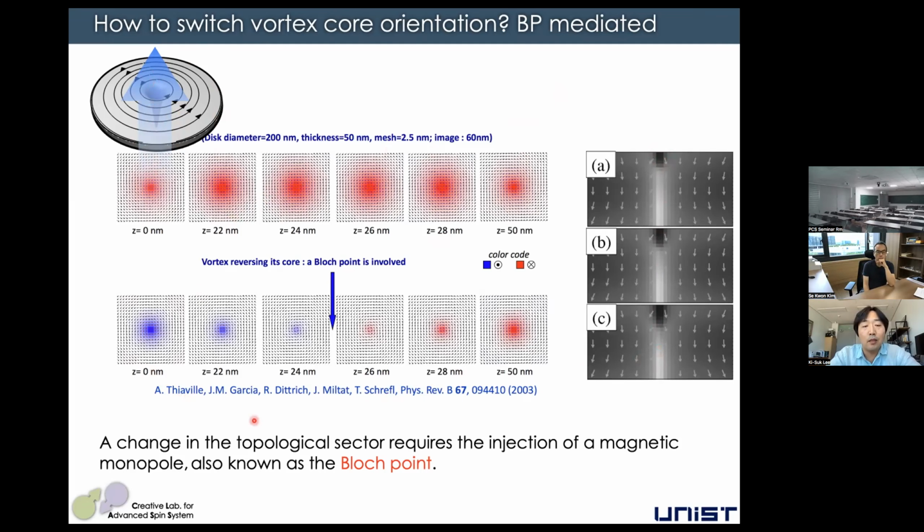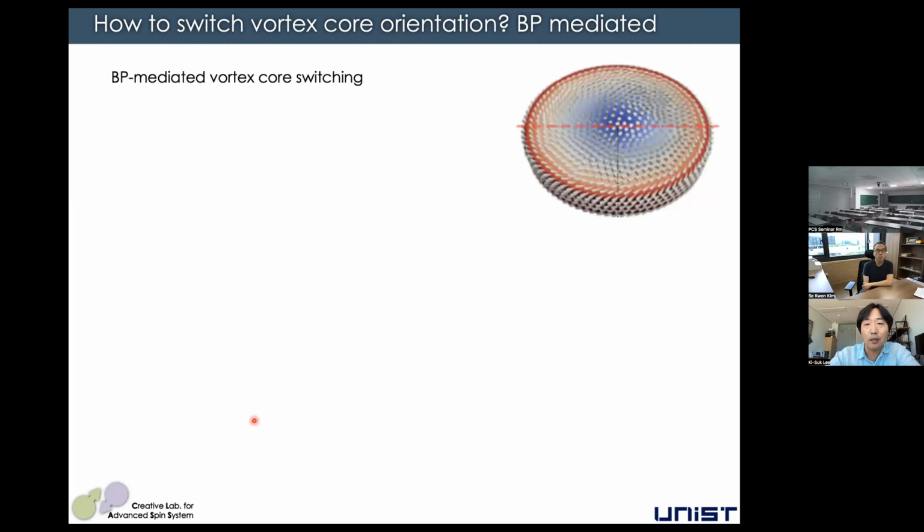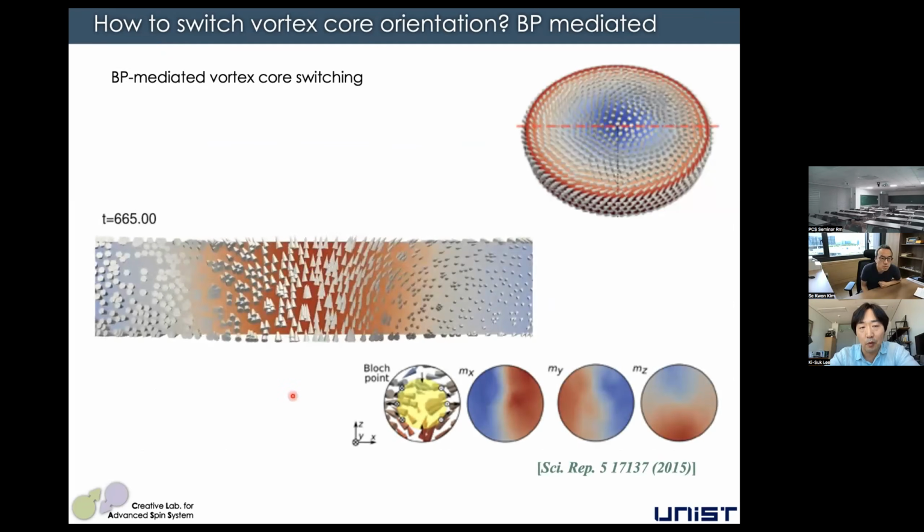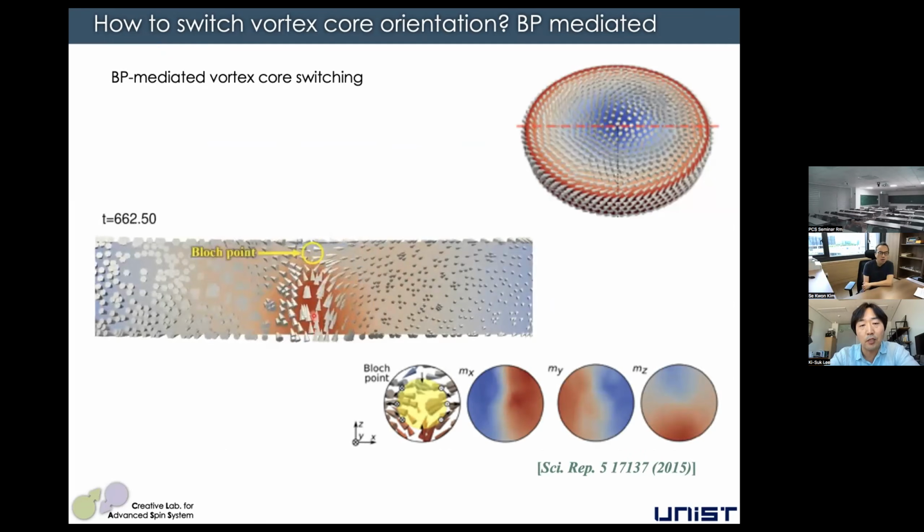Okay, and this paper tells us that a change in topological sector, or topological charge, requires the injection of a magnetic monopole known as a Bloch point. This is a unique singularity in this three-dimensional spin system. Okay, it has a very important role in the spin system. And recently a paper shows the dynamics of this switching process. You can see the propagation of the Bloch point